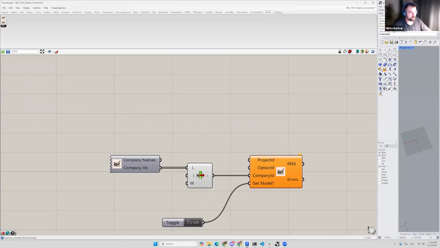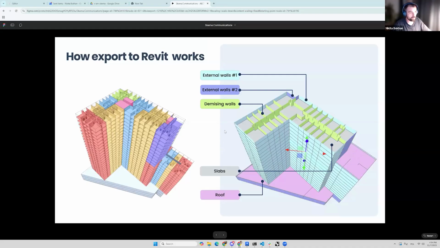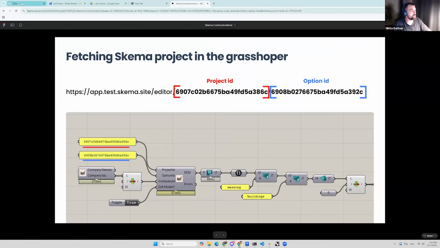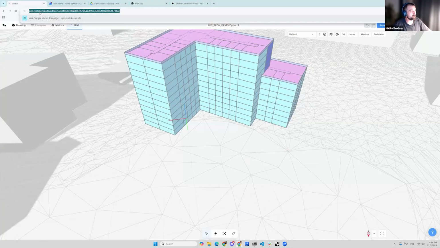And also, to get this project, we need just two small pieces. I will explain it to you right now. In a Schema URL, you can find two numbers, one as a project ID and another as an option ID, divided by a slash. So it looks like this. I have the app Schema site editor, and now I have just the two numbers. The first one is the project ID, and the second is the option ID. So I need to simply copy it